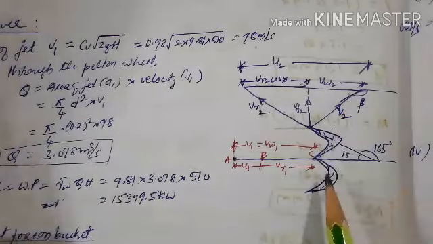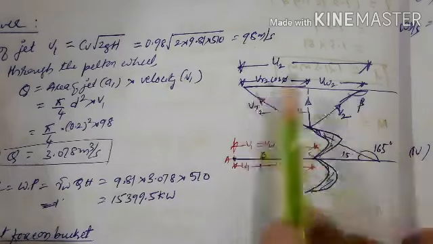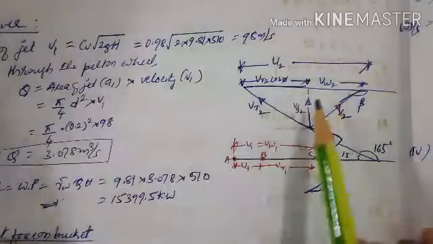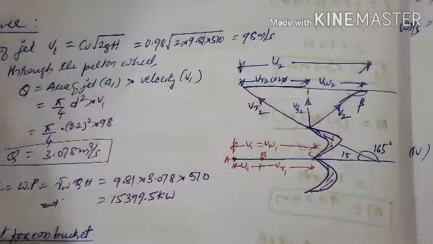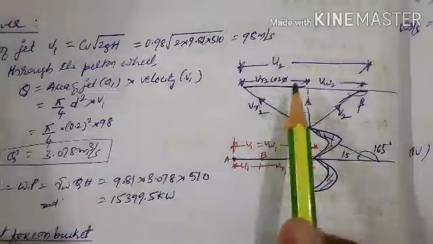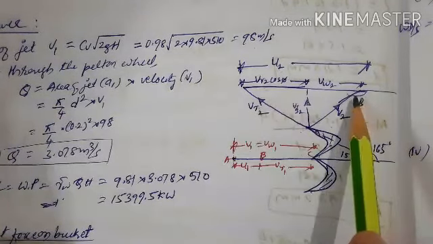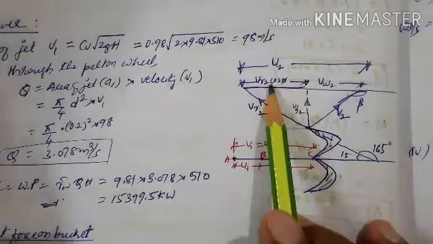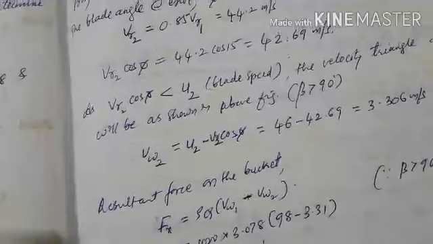When we calculate the resultant force, that time we take VW1 minus VW2. So this is the outlet velocity triangle. This is very important for drawing, and this triangle helps you calculate the resultant force. When you take VW1 plus or minus VW2, whether to take a plus or minus, this triangle decides. Since in this case U2 is greater than VR2 cos phi, beta will be more than 90 degree. If suppose VR2 cos phi is more than U2, then beta will become an acute angle. I hope you understood this one.